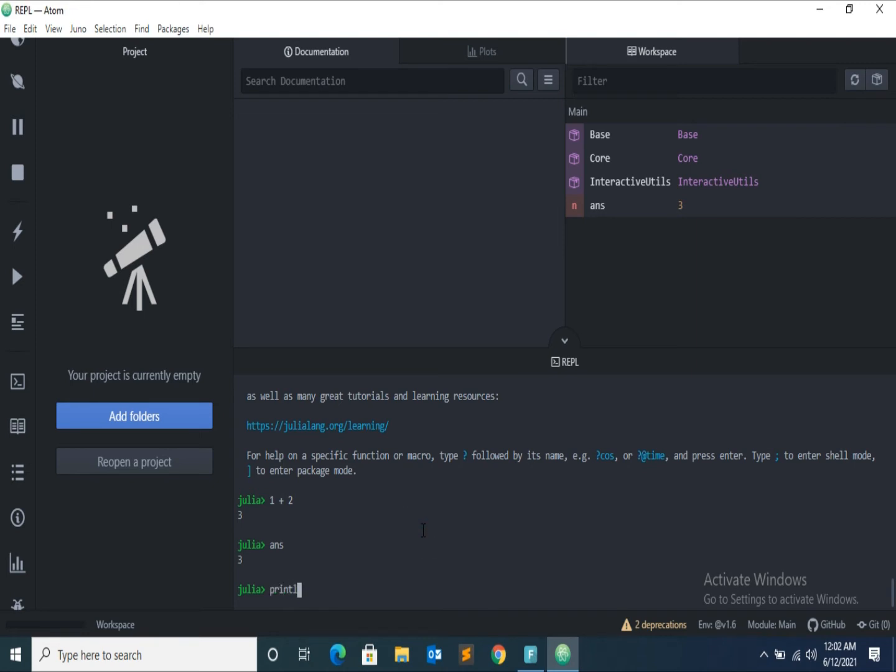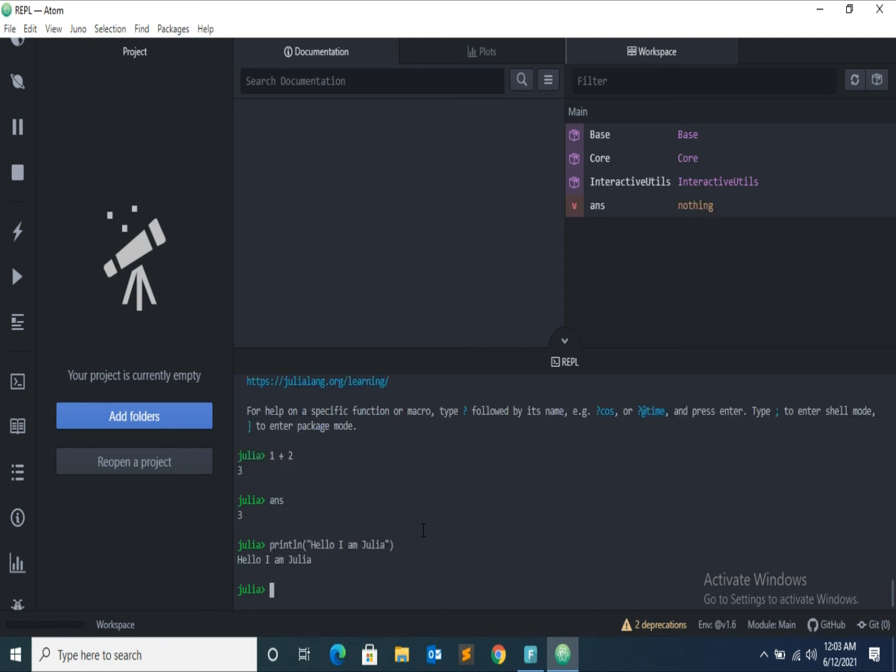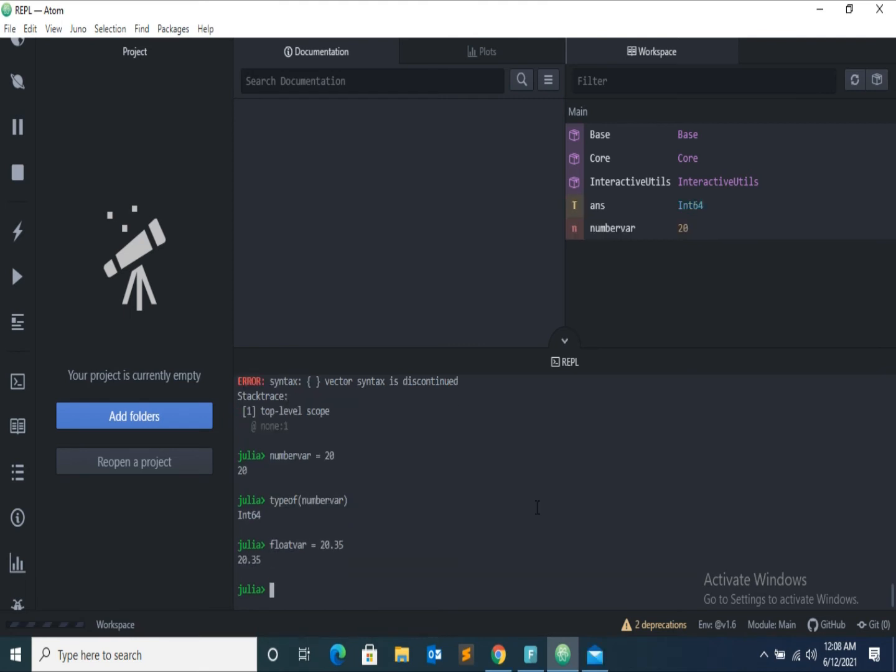At the top right corner you can see the Julia console. Now I am printing some message for you. It is just to display how Julia commands work.